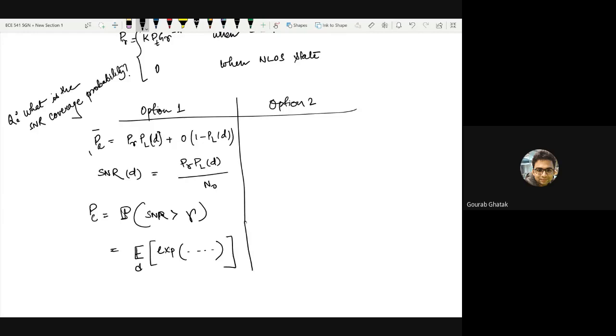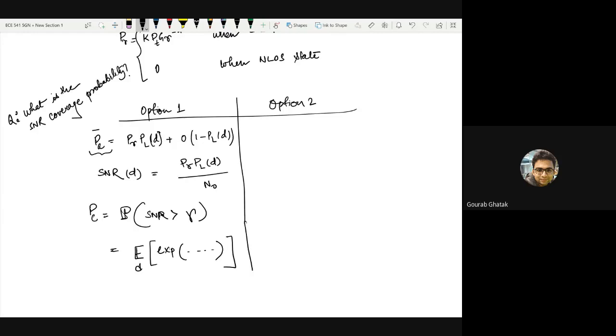So what does this do? It calculates an average received power where you have averaged out the blockages, right? And what you have found out is that with that average received power, you are interested in whether you are getting inside coverage or not. I think option 1 is fairly straightforward to understand.